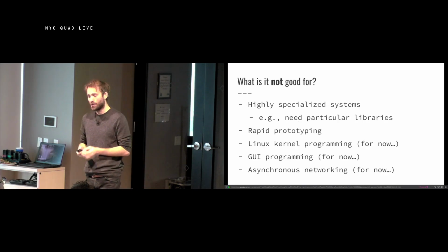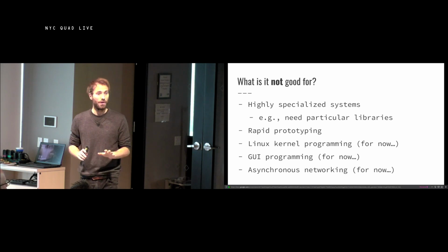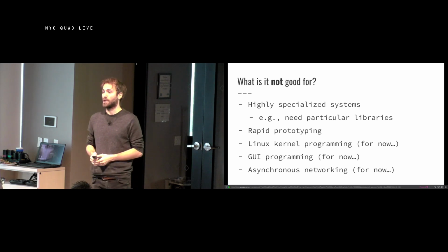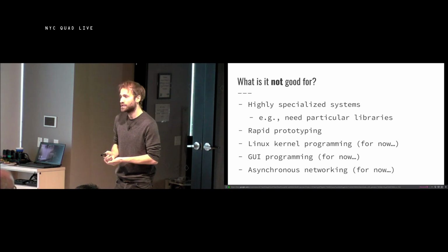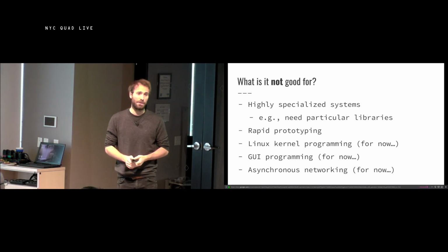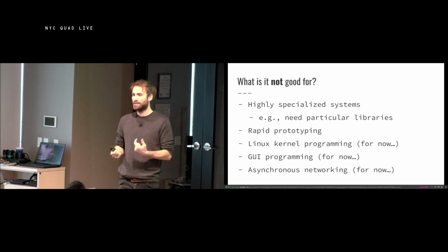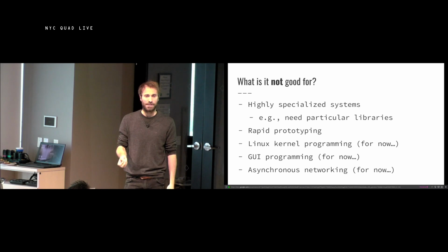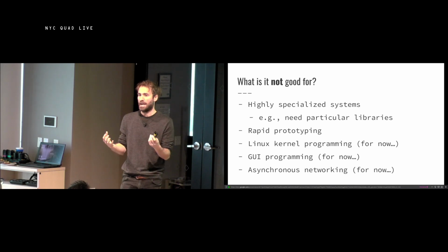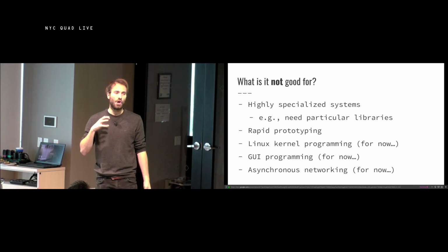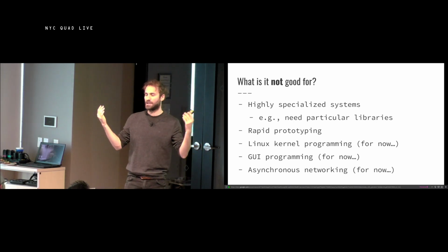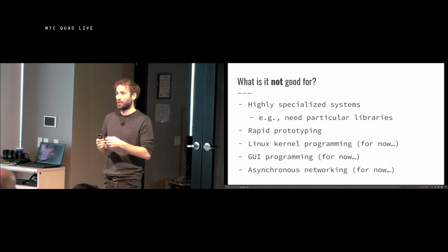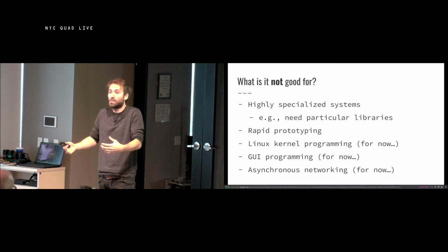Now, all of that said, there are some things that Rust is not good for. And I think it's important to highlight those, in part because the language is improving in these regards, but also because it's worthwhile to know. The first of these is that Rust is not yet great for highly specialized systems. And by that I mean, if you have something like Intel DPDK, or very highly vendored libraries that are large and expansive and written in some other language, it is not trivial to just start using it from Rustland. You could take DPDK and generate bindings in Rust for all of the C libraries they give you, but it would be a lot of work.